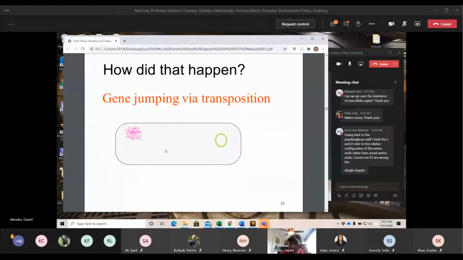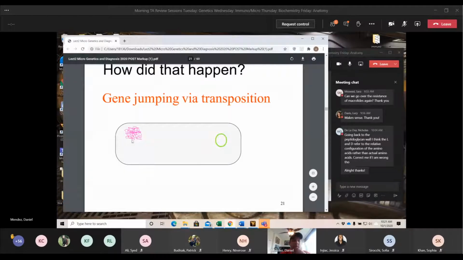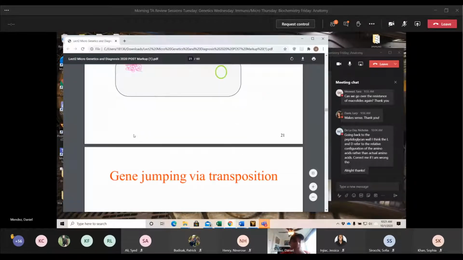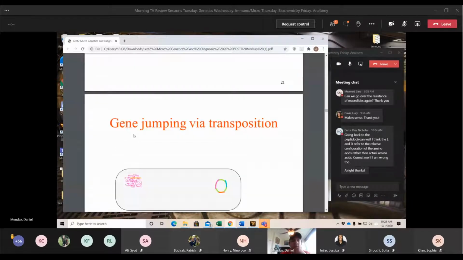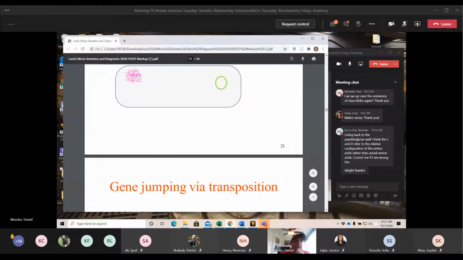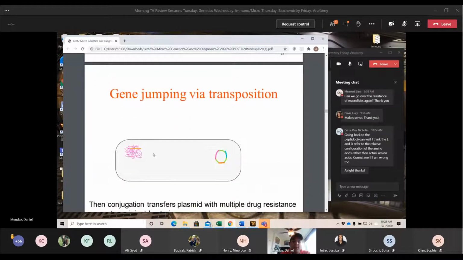So this is just an image that he goes through of how we get that transposition, so that transposon going from plasmid to nucleoid. So here's your transposon, here's your nucleoid. Here, I believe he had a purple line, or pink, magenta, whatever color that might be. You can see it's a hard line here. This hard line will jump from the nucleoid onto the plasmid. You can see that occurring here. The purple line is gone. We've switched that line here, and now we replaced it with a different piece of genetic material from the plasmid. So this orange bar might encode for antibiotic resistance or some sort of virulence factor.